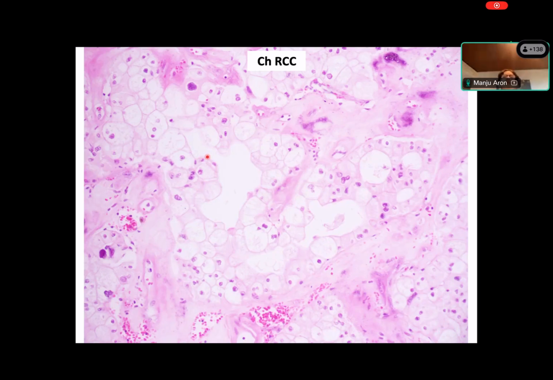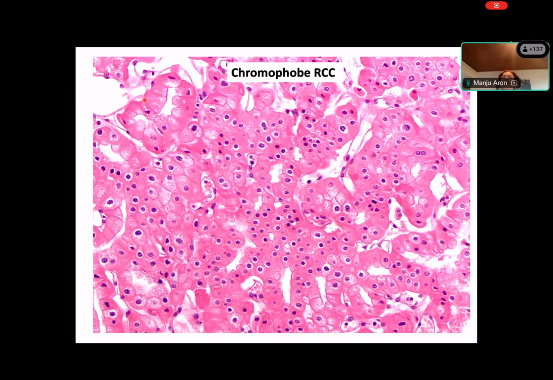And this is an example of a chromophobe RCC, which is mostly pink, and so you don't see that pale staining appearance of the cytoplasm.